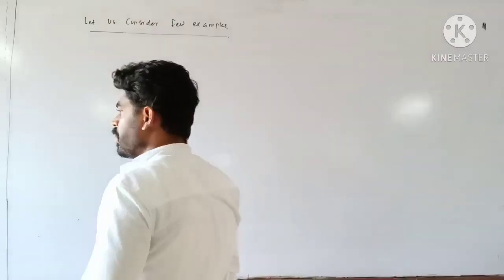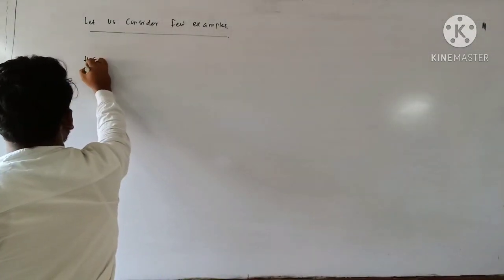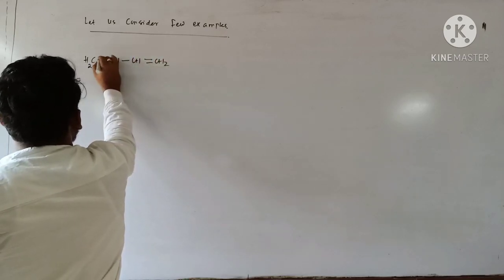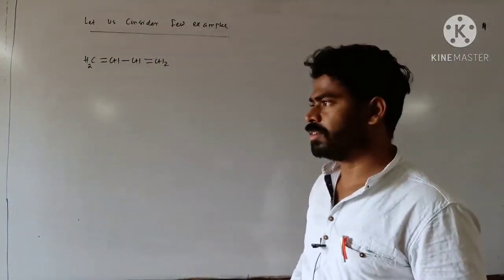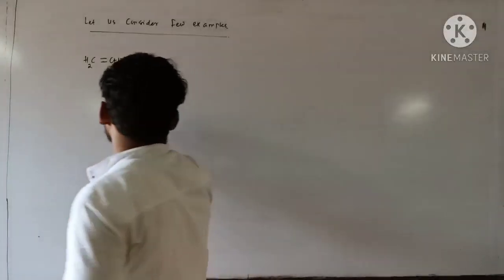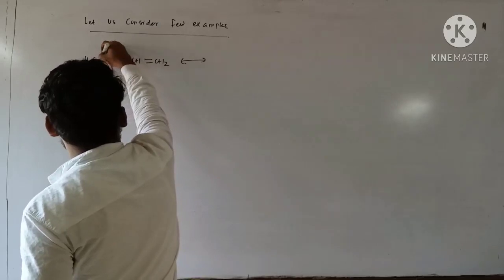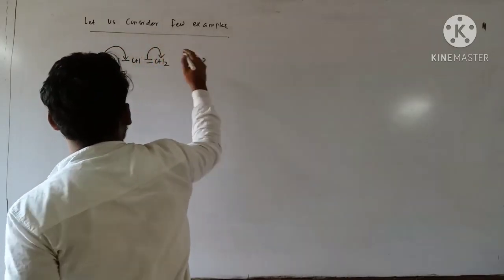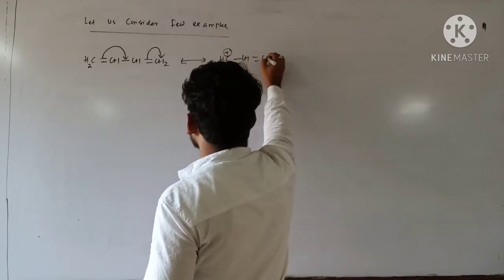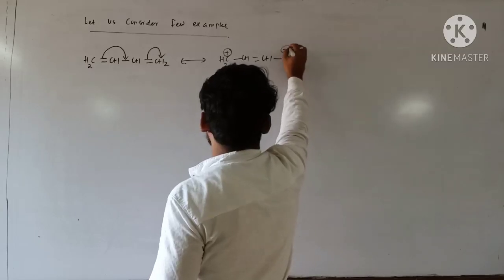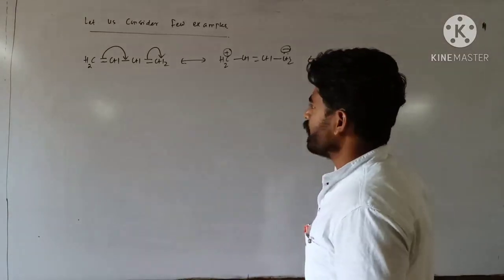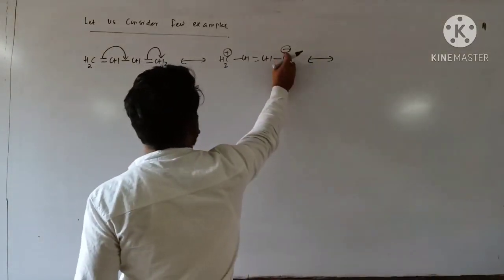So examples, in the sense, first one, let's say this one, CH2 double bond CH, CH double bond CH2. You see how many double bonds are there here. First there is a double bond, single bond, next double bond. So this is a conjugated system. So here this pi bond can be shifted here and this pi bond can be shifted here. So the structure you are getting is CH2 plus over here, single bond CH, double bond CH, single bond CH2 with a pair of electrons, negative charge. Clear? And another possibility can be given as the plus sign over here, minus sign over here.